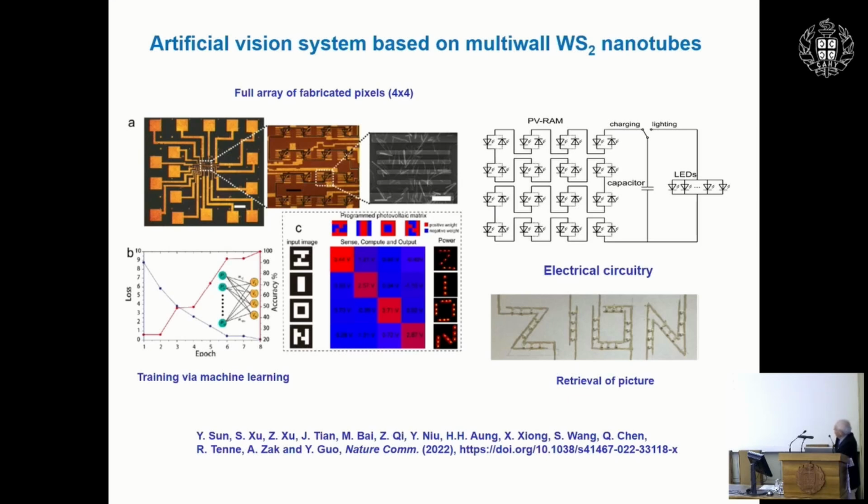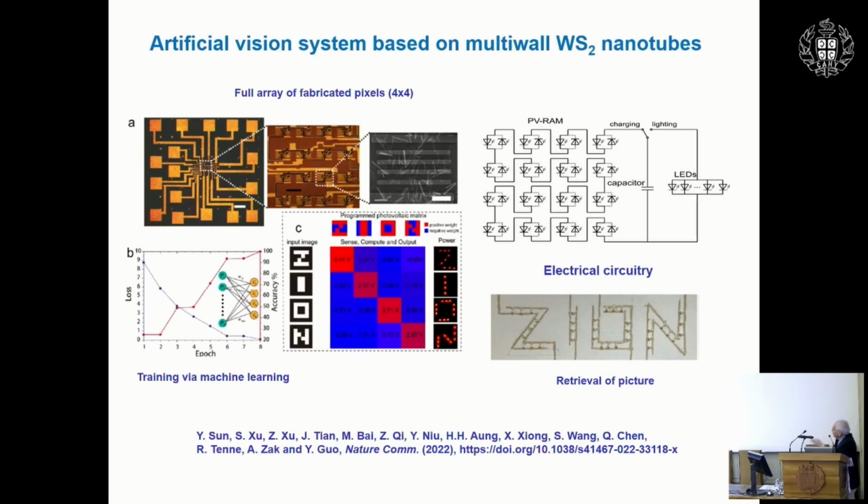And using machine learning, and I'm not an expert in machine learning, he could train the system to remember the signals of different words. In this case, he chose the word Zion, so he recorded the word Zion, Z-I-O-N, on this